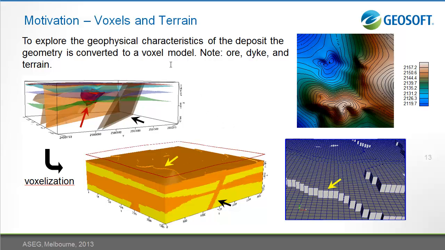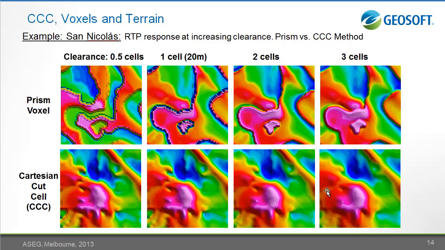Coming back here again, remember the San Nicolas model, we're looking at the terrain in that model. I mentioned to you that there's the ore zone and there's this rhyolite dike coming through. This was the representation we had when we voxelized the model, and here was the slide. It was exactly the slide I showed before. But here what I'm showing you is the